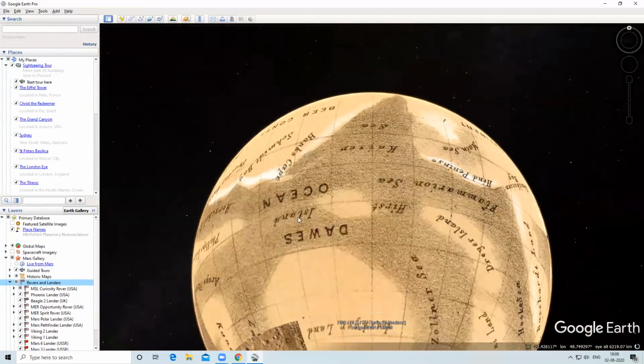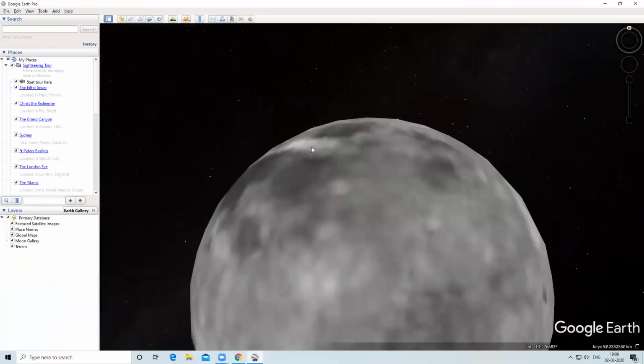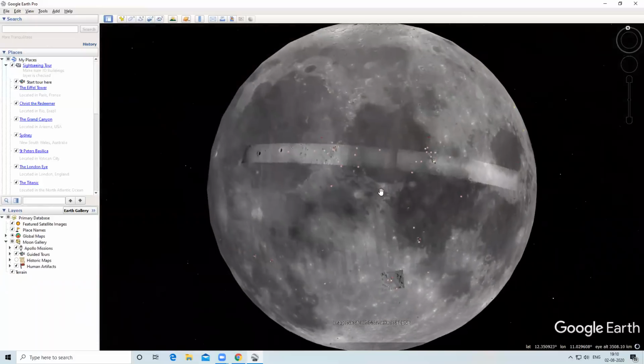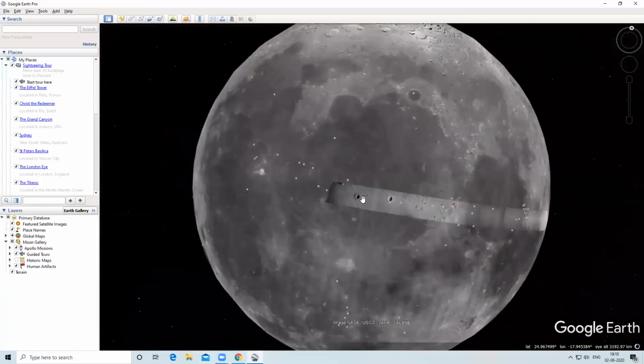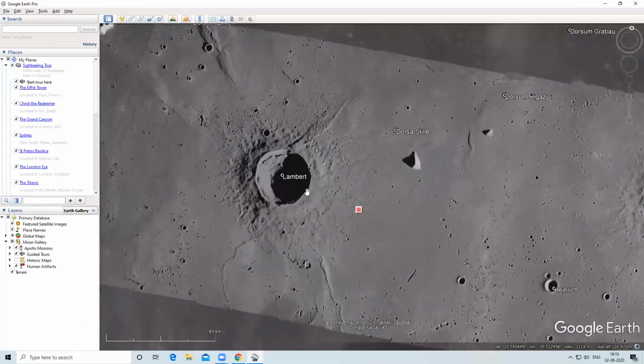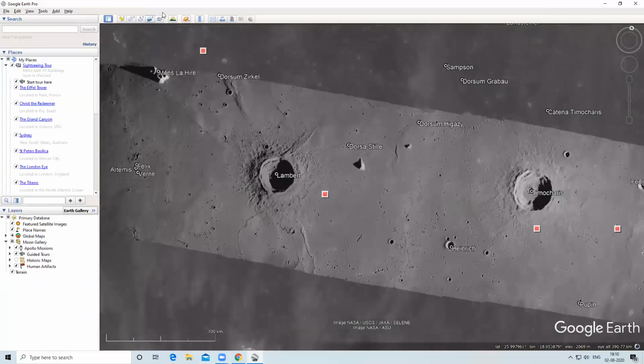Like this, if you want to explore the moon, you can click on moon. Now you can see some craters here. Lambert. Now suppose you want to explore the sky, you can click on sky.